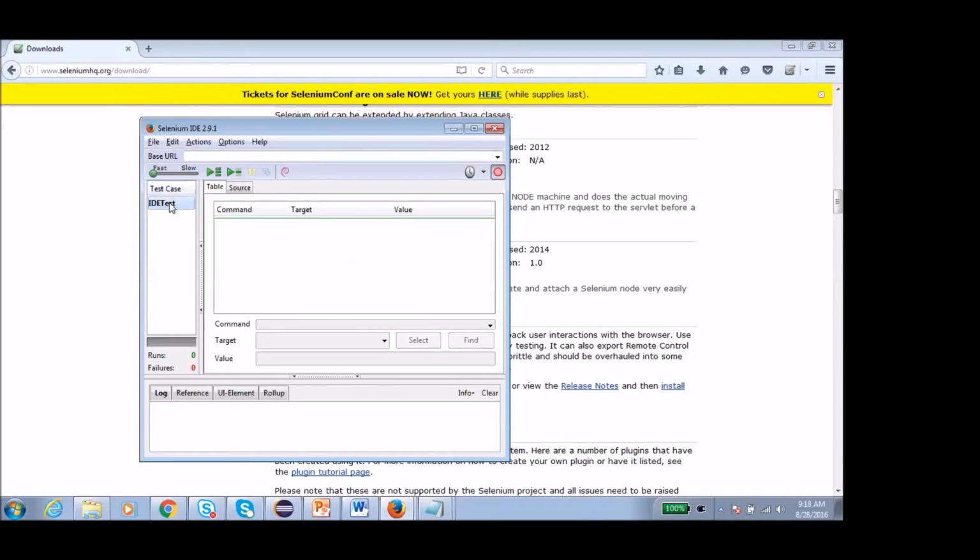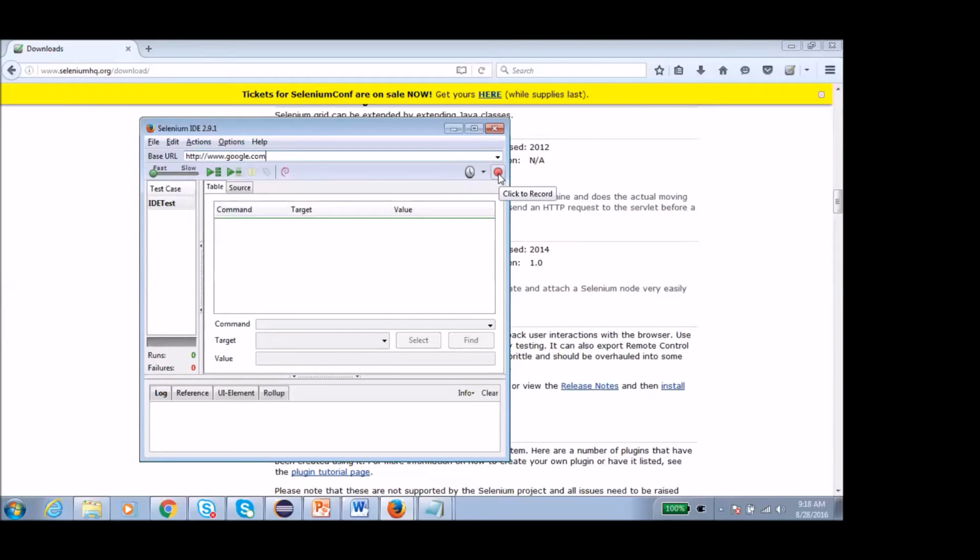So it got renamed to IDE test, and then we can start recording with this, and we can type the base URL over here. It's done.